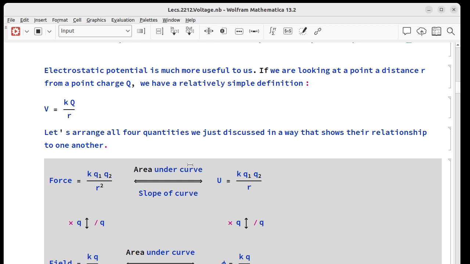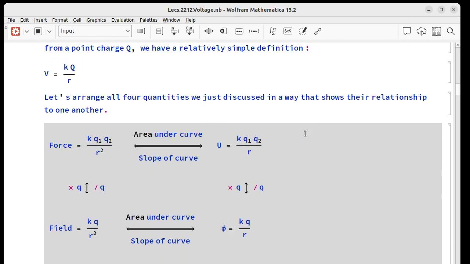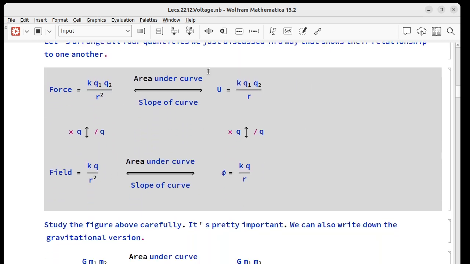So, electrostatic potential, as we said, we can get a lot more utility out of that than we did gravitational potential. If we look at a point a distance r away from a point charge q, the potential is fairly simple. It's just that constant from Coulomb's law, k, times q over r. If we want to see how all these things fit together, we can put them in this square arrangement where